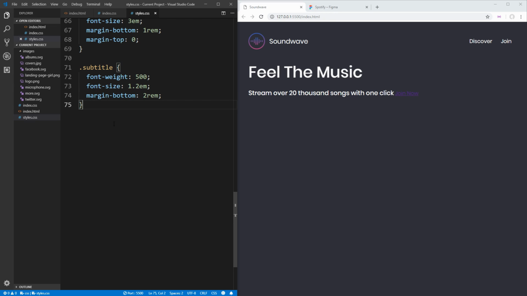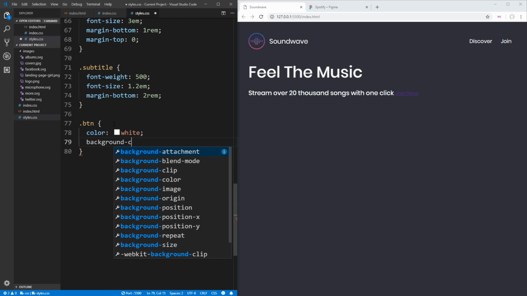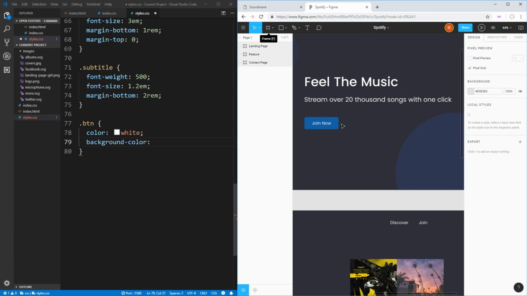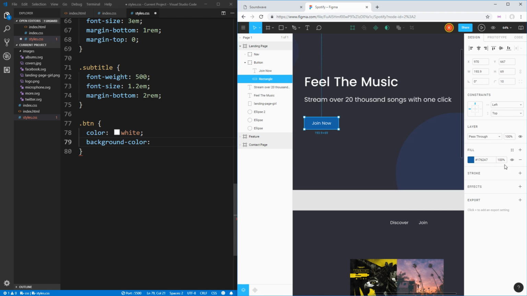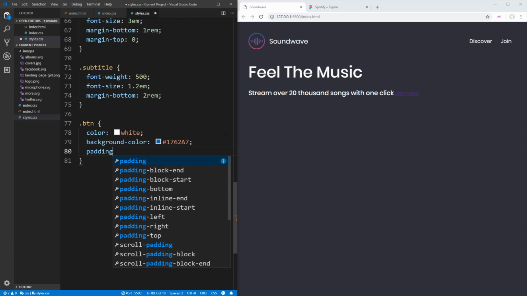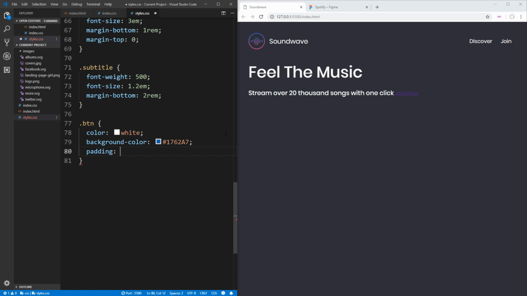And now we can work on styling our button. So we can select our button here. We want the color to be white. We want the background color to be that blue color that we can select from our mockup here. So let's just click on this, get that blue color from here, and we can just paste that in just like that. We'll add a little bit of padding to it so that we have space between our background and our text. So we'll just use 0.7 REM and 1.5 REM